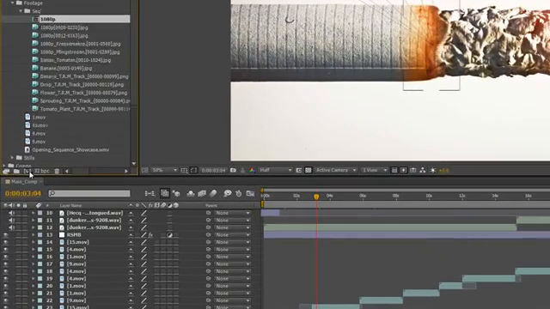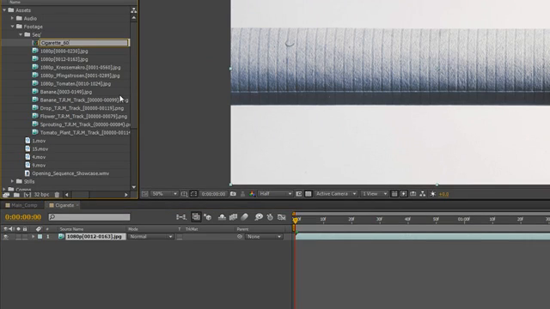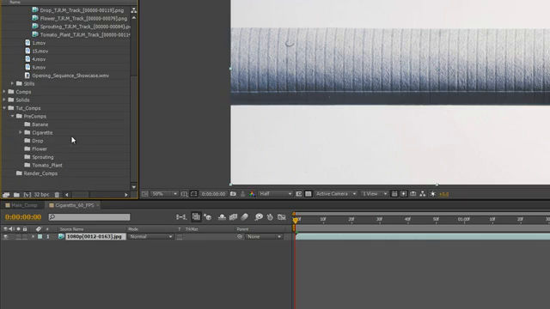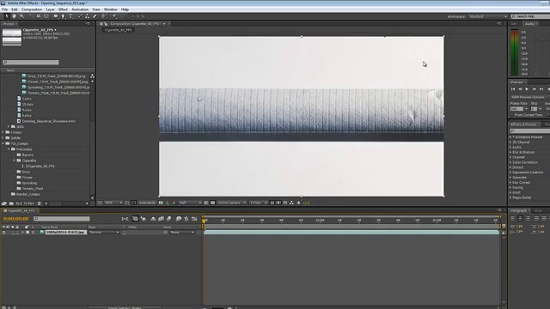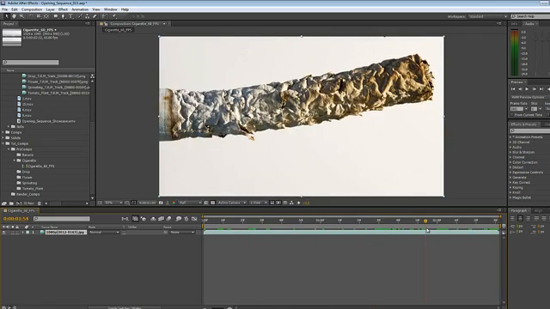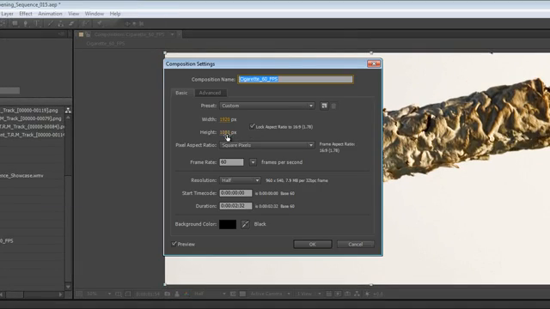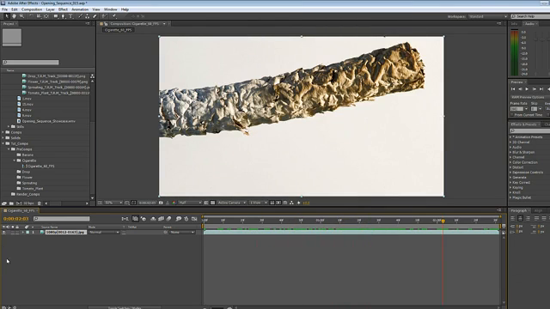Let's create a new composition out of it. We'll call it cigarette 60 frames per second. Let's drop it in our cigarette folder. Let's close out main comp, we don't need to see it anymore. And here we are. Now let's take a quick look at this. We have 2 seconds and 31 frames, and it is 1280 by 1080, which is full HD. It's 60 frames per second, and as you can see it's pretty high in detail,